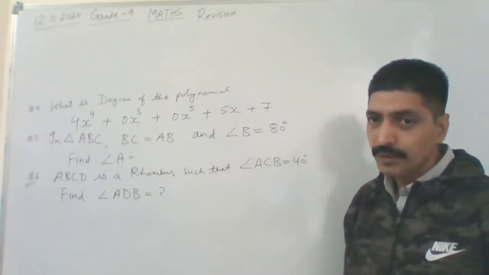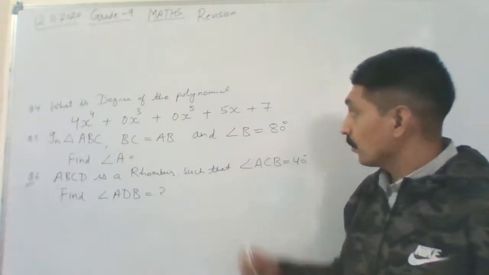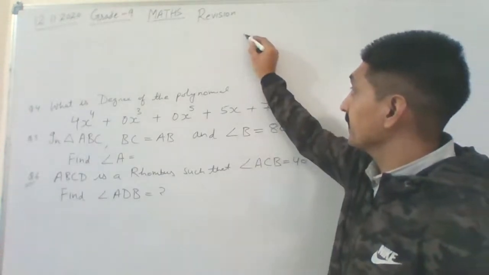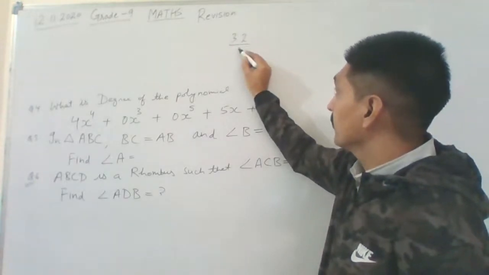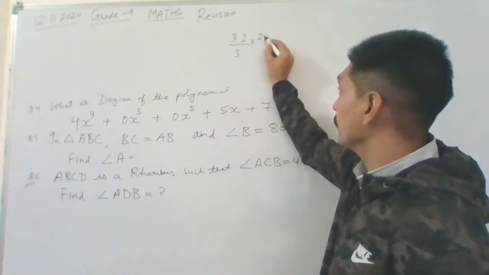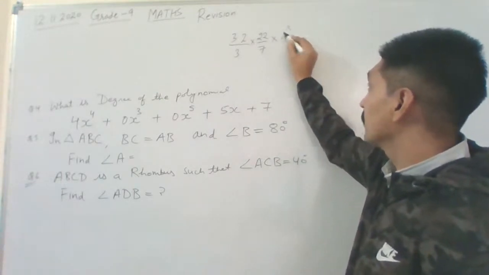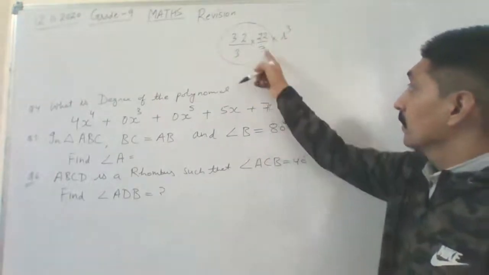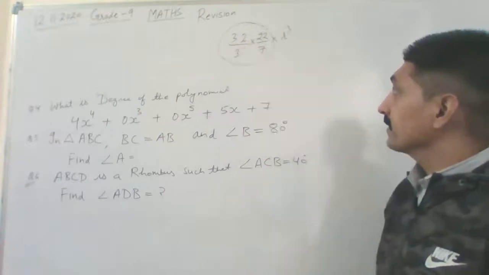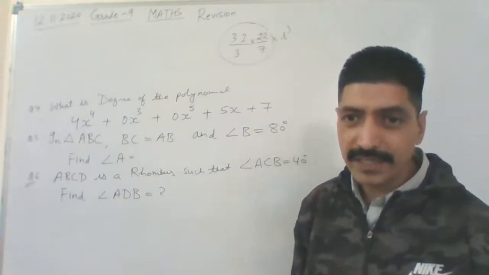33.5 r cube. Okay, you are substituting the value of 22 upon 7. So, okay, Harjot, if you are writing like 30, I have chosen 32 upon 3 into pi, if you are going 22 upon 7, right, into r cube. This value may be the same, so if you are multiplying, you may get the same value. So degree,